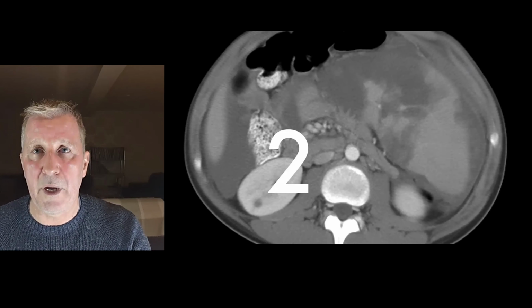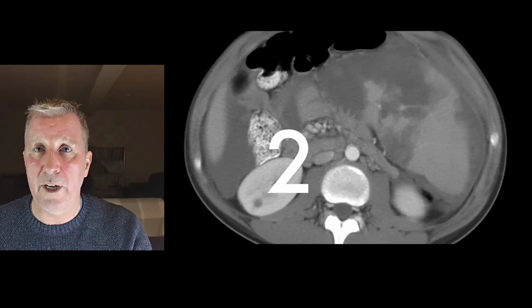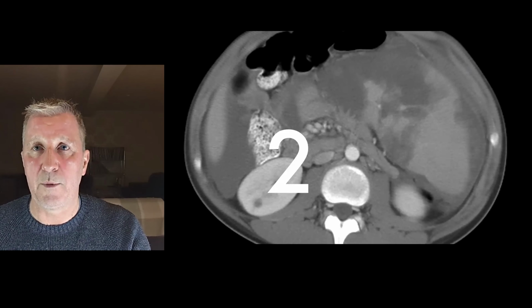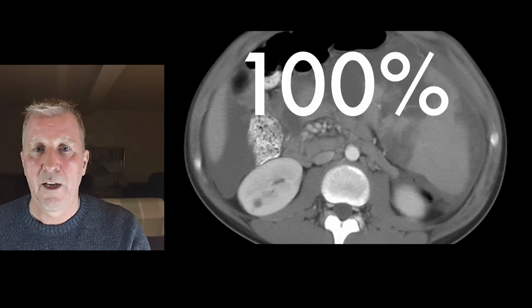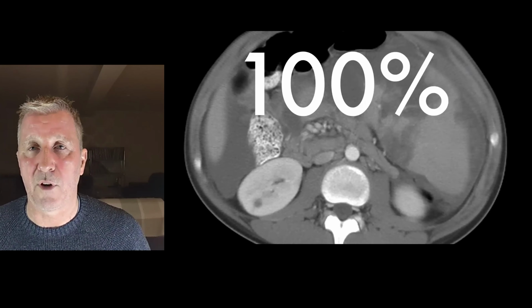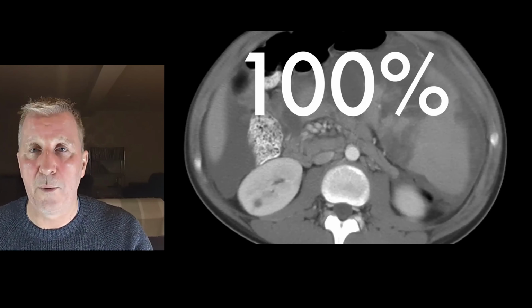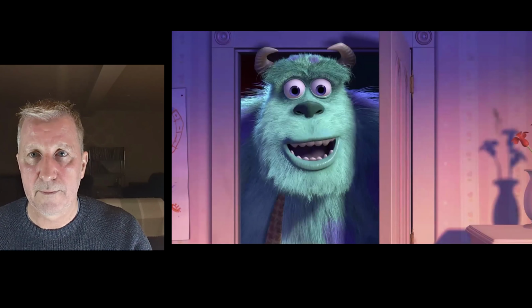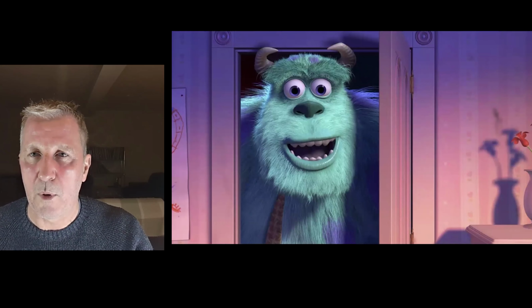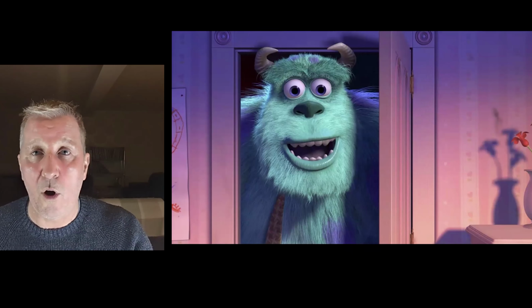There were 2 remaining patients who had no clinical indication for CT imaging, but they were removed from a vehicle in which there were two fatalities. Therefore, 100% of our trauma imaging was for appropriate indications. There are monsters in the closet, and not all of them are scary. This one, however, is real.